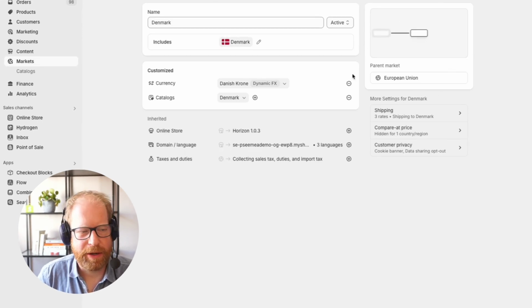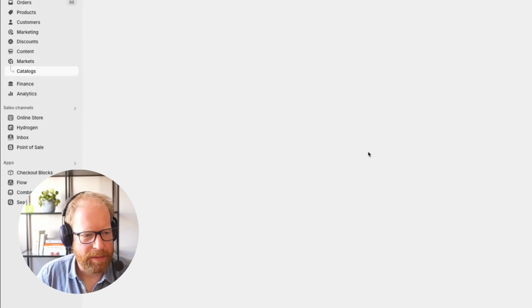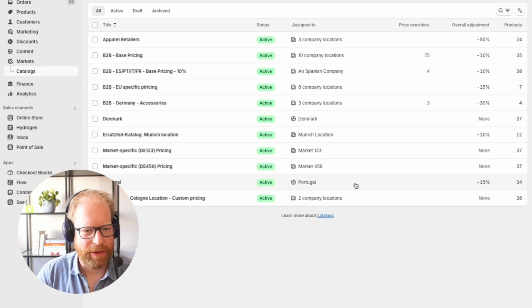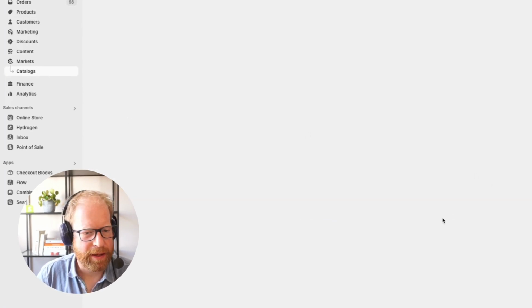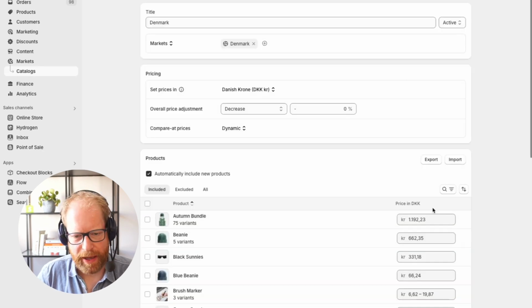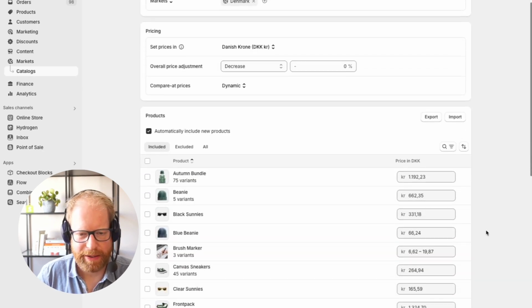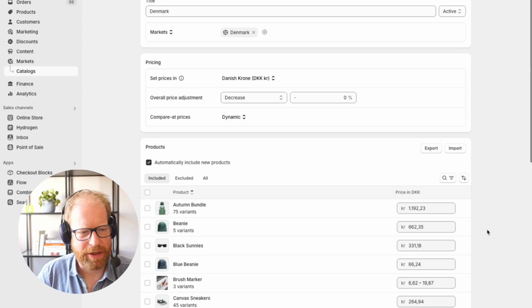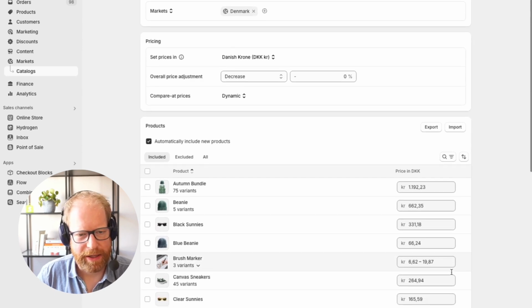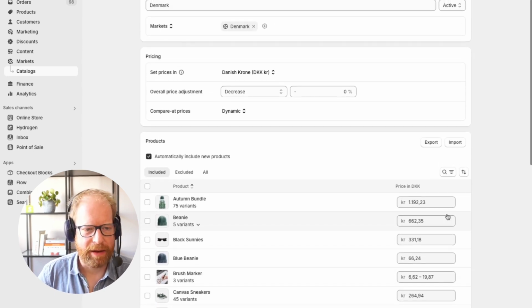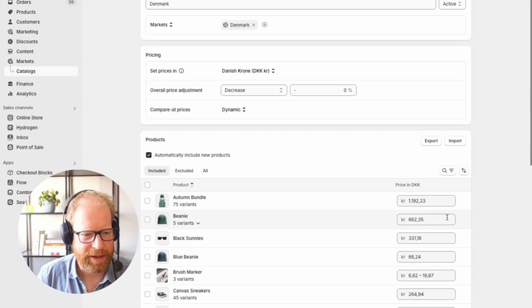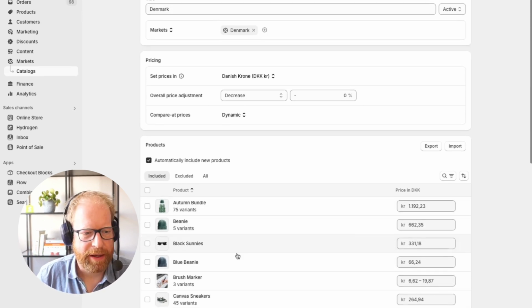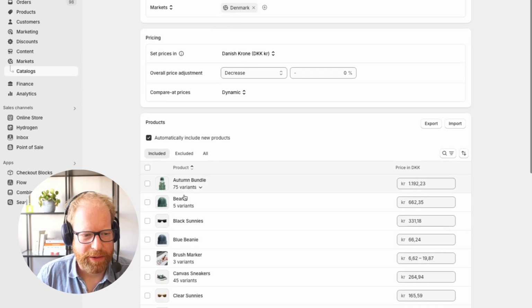And let me just briefly go to catalogs here, because I think this is interesting. This is a list of all the catalogs, and you've seen already that I've created one for Denmark, which is this one here. It automatically calculates the price based on the base currency, which is euros in this case. You can either use a certain percentage to decrease or increase the prices. You can also do this manually here, and you can also say, well, those are the ones that are currently in my catalog,